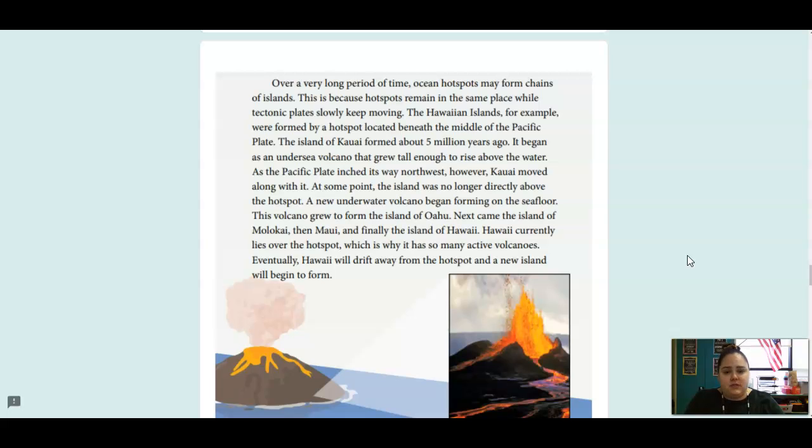The Hawaiian Islands, for example, were formed by a hotspot located beneath the middle of the Pacific Plate. The island of Kauai formed about 5 million years ago. It began as an undersea volcano that grew tall enough to rise above the water. As the Pacific Plate inched its way northwest, Kauai moved along with it. At some point, the island was no longer above the hotspot. A new underwater volcano began forming on the seafloor. This volcano grew to form the island of